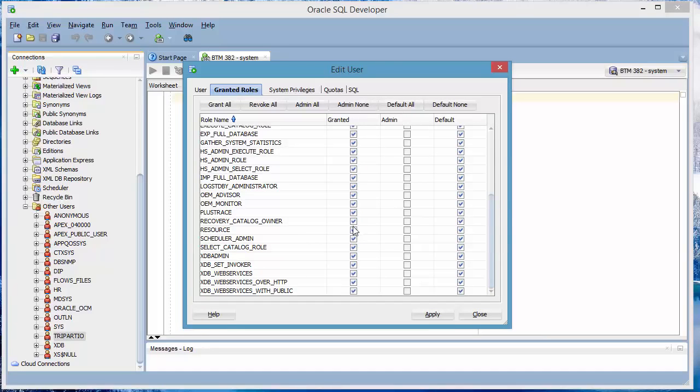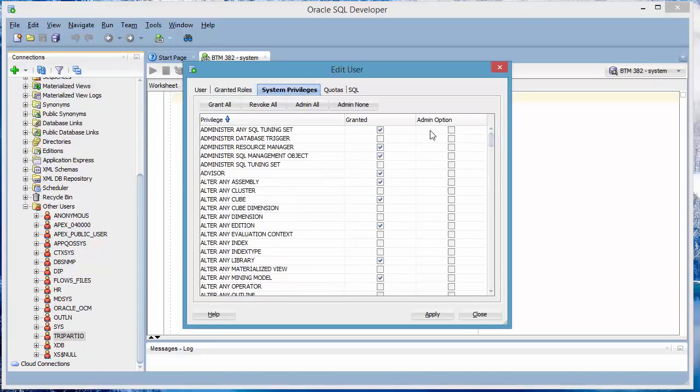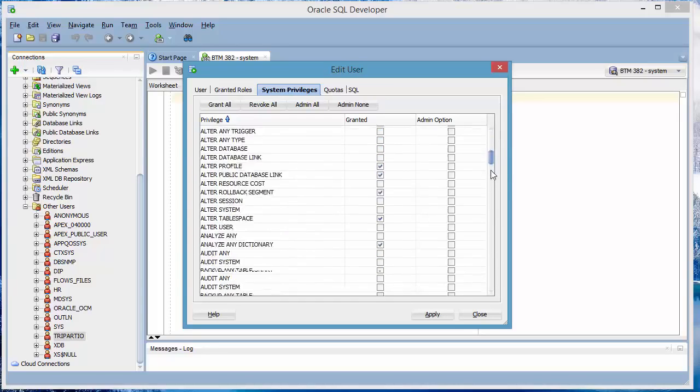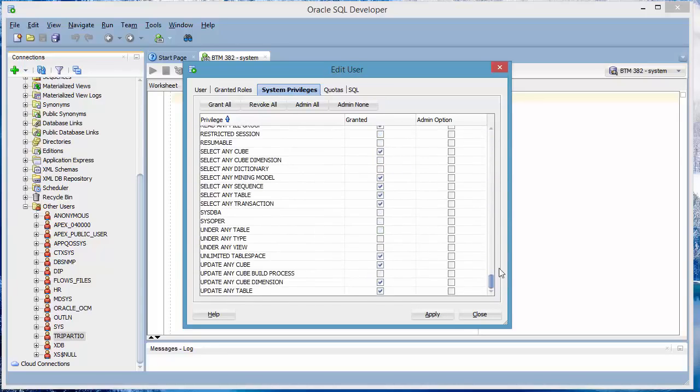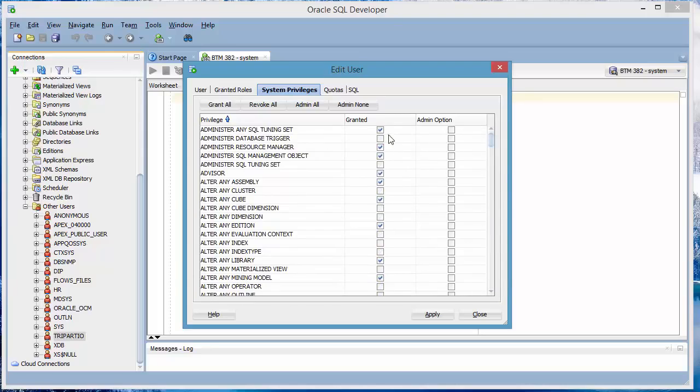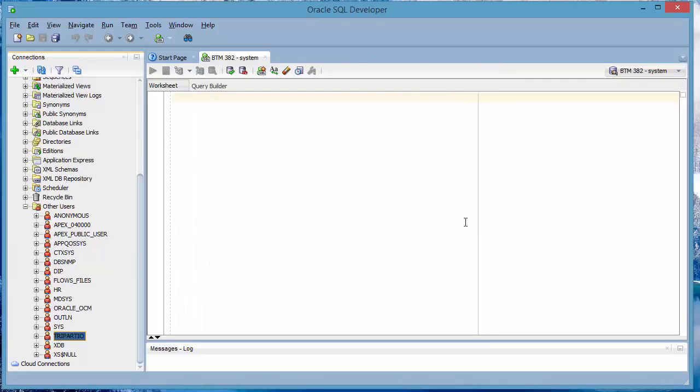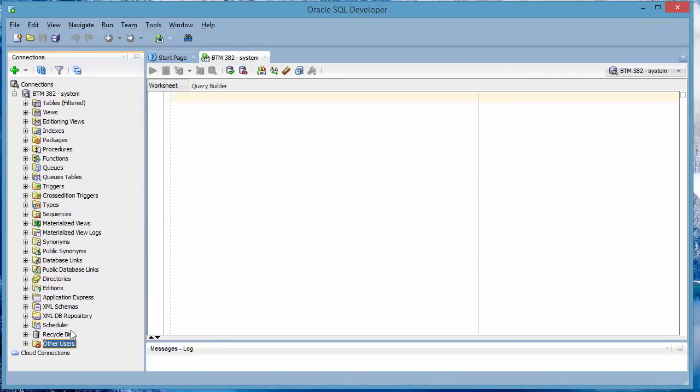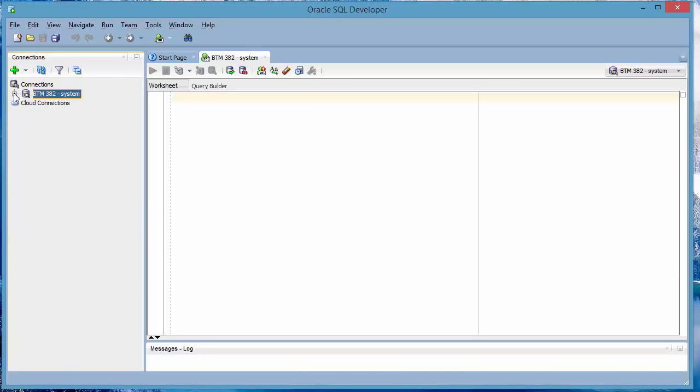Don't worry about admin roles, just the granted column is fine, default is fine. Go to System Privileges, and some of them are granted, others are not. For the basic things that I need to do, it's fine. Having some granted are fine, others I don't worry about it. Okay, so now I've created this user, and then I can expand, I can collapse all these to remove all